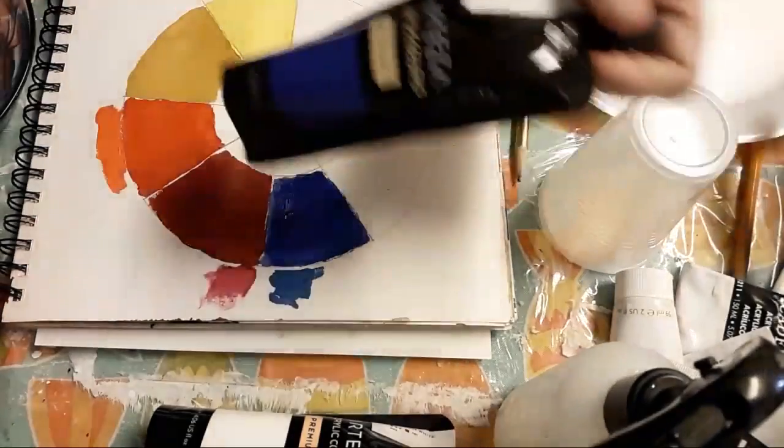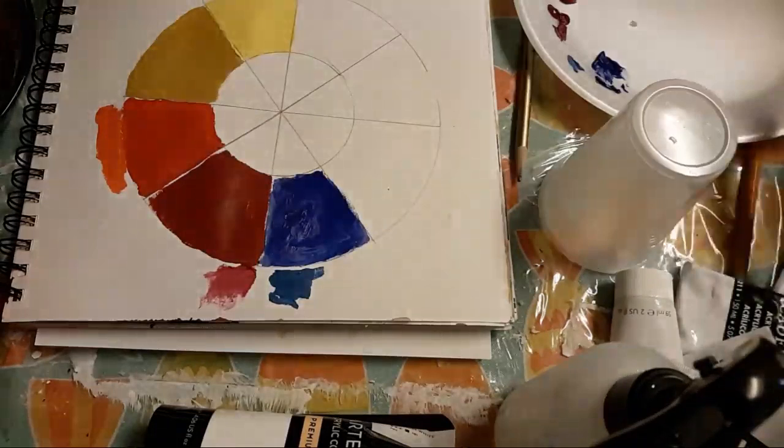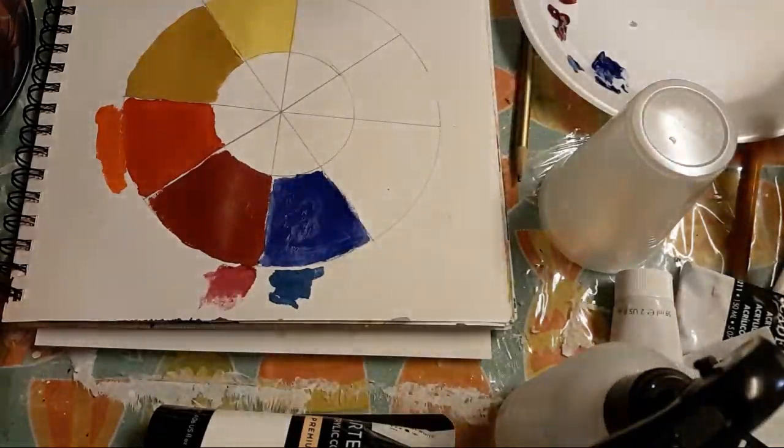But yeah, the ultramarine is a good color to have around too. Those dark ocean blues are really good to get with that, and mix that with a little phthalo green and a little white, and you've got that beautiful turquoisey color. And sometimes